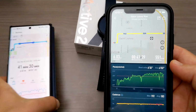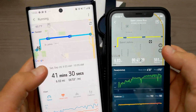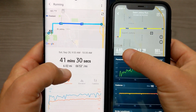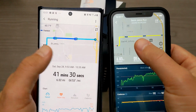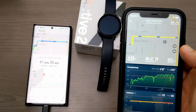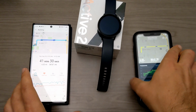6:53 mile average. So on a route where basically I had no turns, you can see that they were basically exactly the same. So the difference here is 1/100th of a mile and exact same pace. So that's pretty telling because with this route there were very, very few turns, and so as a result the Samsung Galaxy Watch Active, even on high location accuracy,